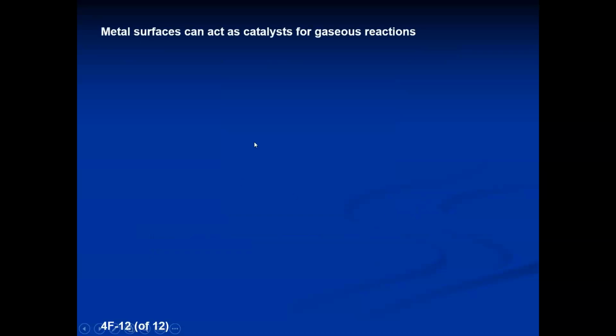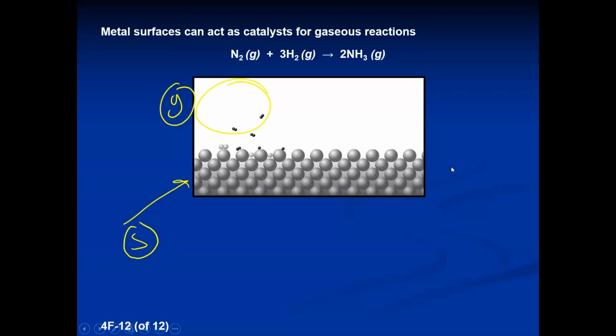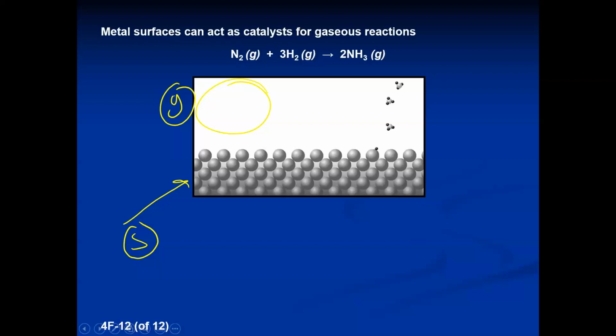Now remember, there's homogeneous and heterogeneous catalysts. I wanted to show you a heterogeneous catalyst. So this is like a metal surface and these are gases. So this is a solid and these are gases here. And so you can see it's a catalyst, so they react on the surface, and that would be a heterogeneous catalyst versus a homogeneous catalyst. Remember, they're in the same phase. So just different types of catalysts. Okay,